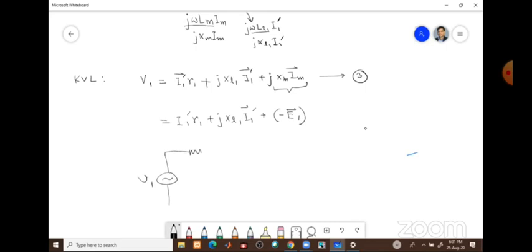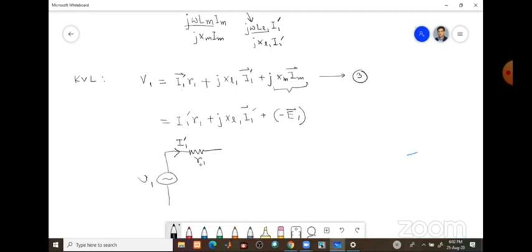Okay, now what is there? You have a resistance through which how much current is flowing? I1 prime, not I1, sorry. So whenever this I1 prime current flows through this R1, you can expect some voltage drop I1 prime R1, isn't it? Therefore, this component we have considered as a resistance.